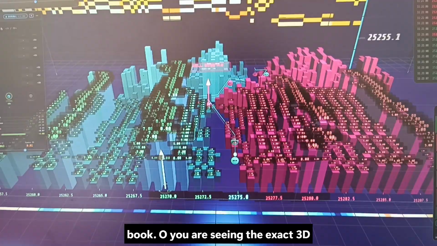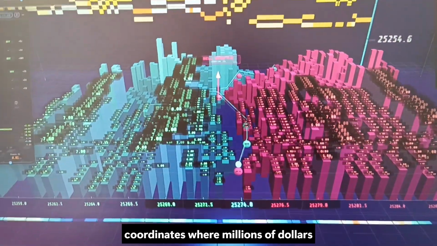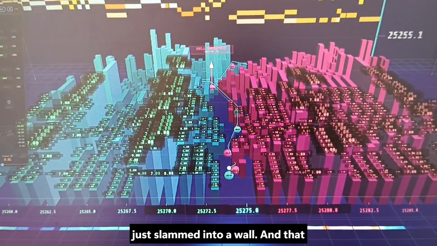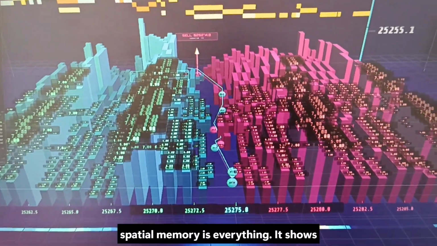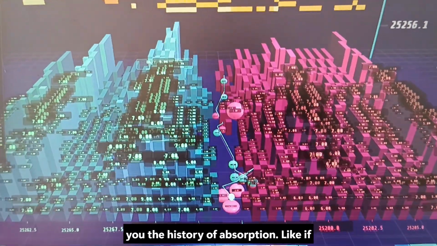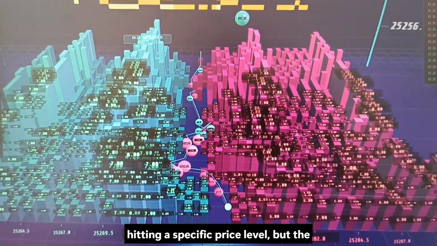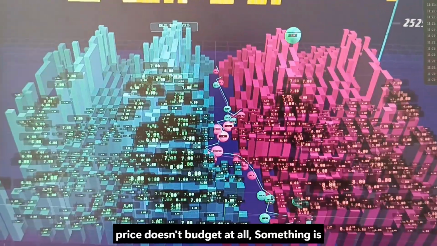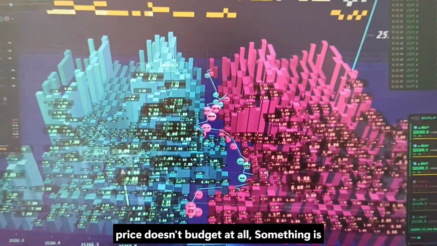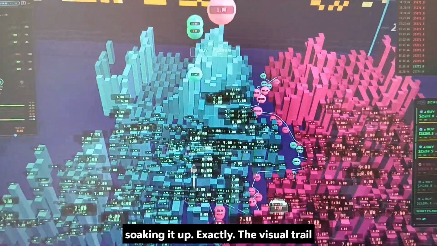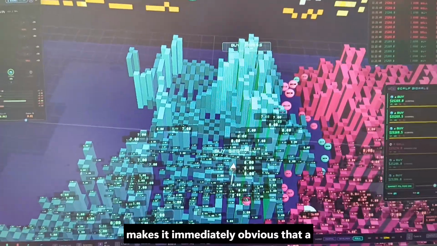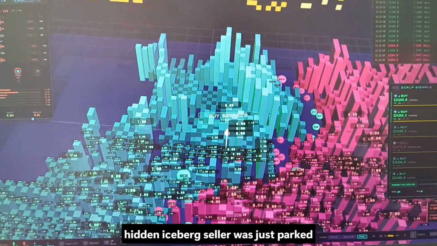So you are seeing the exact 3D coordinates where millions of dollars just slammed into a wall. And that spatial memory is everything. It shows you the history of absorption. Like if you see a cluster of massive buy bubbles hitting a specific price level, but the price doesn't budge at all. Something is soaking it up. Exactly. The visual trail makes it immediately obvious that a hidden iceberg seller was just parked right there, completely absorbing